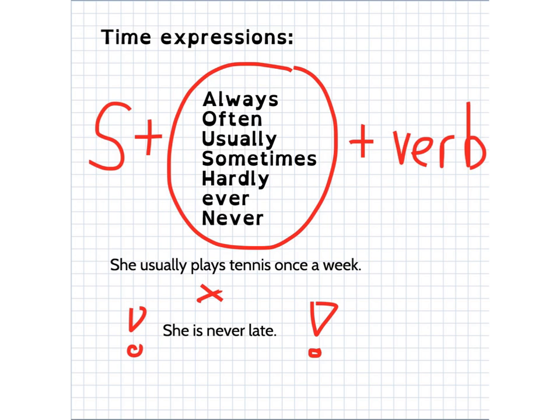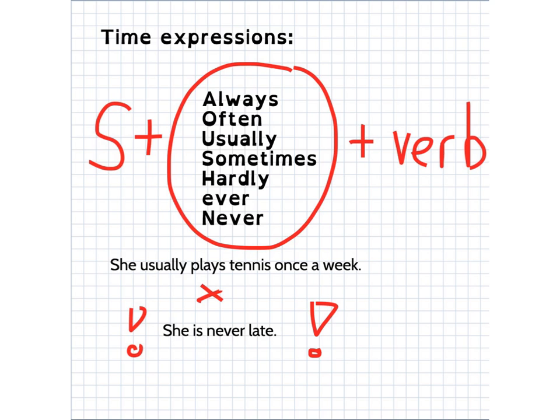However, there is one important exception, which is the use of the verb to be. You can notice that if we have the verb is, am, or are, the word order changes. We don't say "she never is late", we say "she is never late". It's because we cannot separate the verb to be from the pronoun. So we say the subject, then the verb to be, and then the time expression, this adverb. So it would be like: she is never late, we are never sad, I am usually